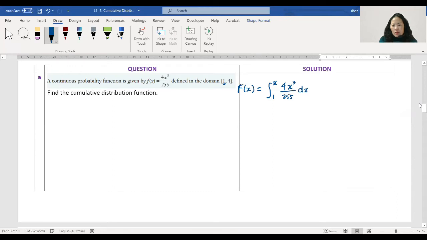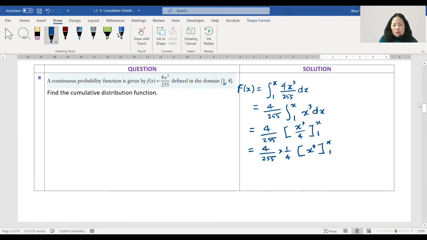And of course, I'm going to put the constant out. And x cubed dx. Then if I take the quarter out,